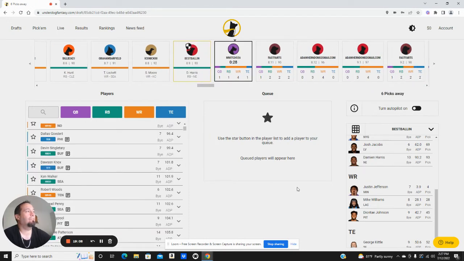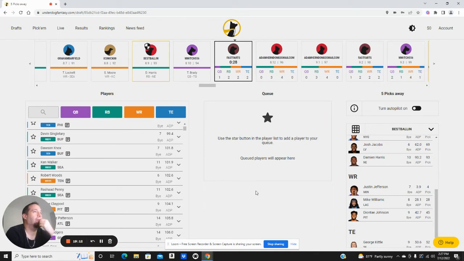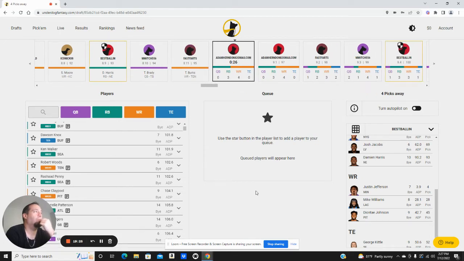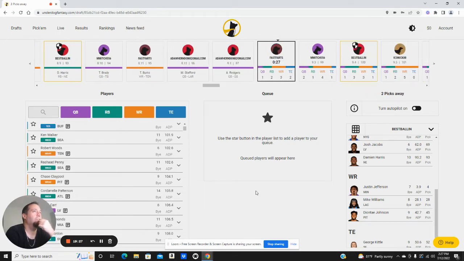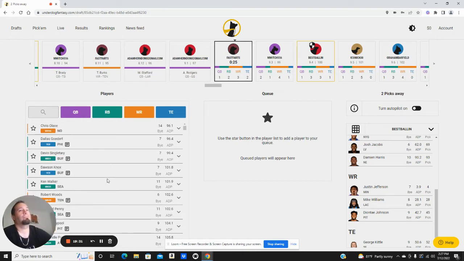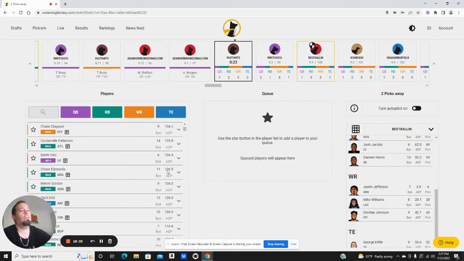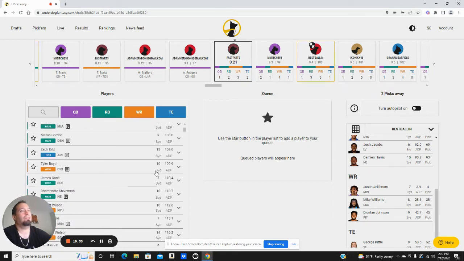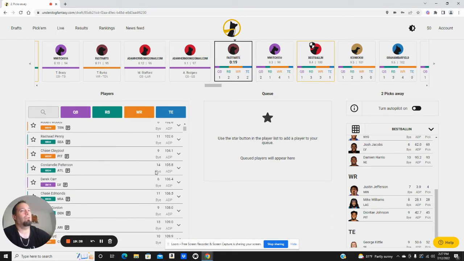Let's try this. I'm going to try and build a hyper fragile with Damien Harris as my third. So we're only going to draft four running backs on this team. So we should end up getting a lot of wide receivers, which is nice. This could be like a 10 wide receiver team if we really want it to be. We're only really required to take two quarterbacks and two tight ends since we got Lance and Kittle. I'd be looking at Olave or Chase Claypool, Garrett Wilson.